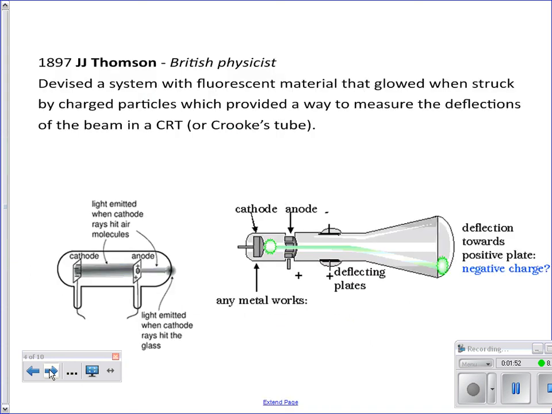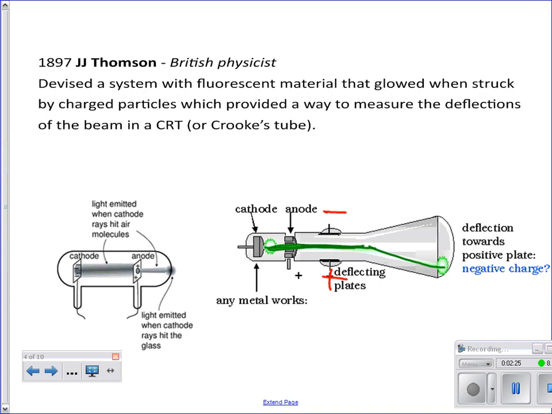And then J.J. Thomson came along in 1897. He did some work with a cathode ray tube. Basically, there's a vacuum, and you've got this gas inside of here, and this beam, which didn't matter what the gas was. He could always get this beam created. He had this fluorescent material where he could measure the deflections of this beam. Didn't matter what gas he had inside of this tube. He could get it to deflect varying amounts, but he could get it to deflect by putting some charged plates